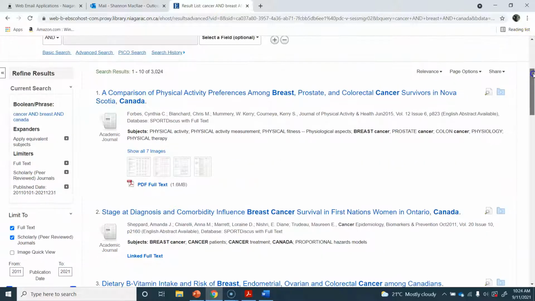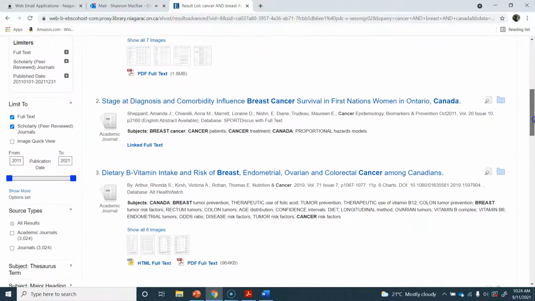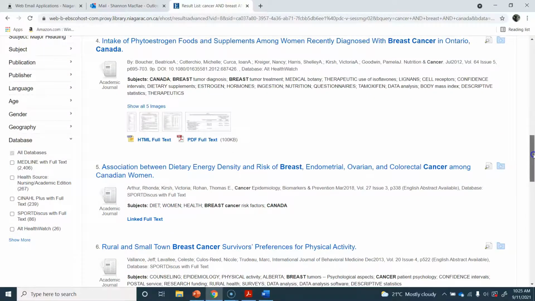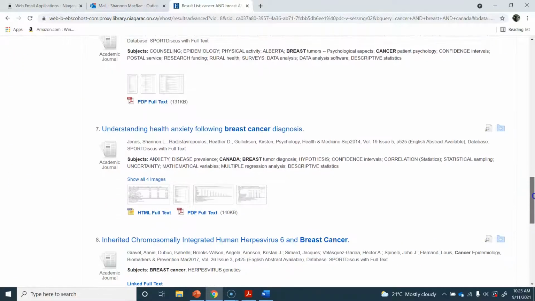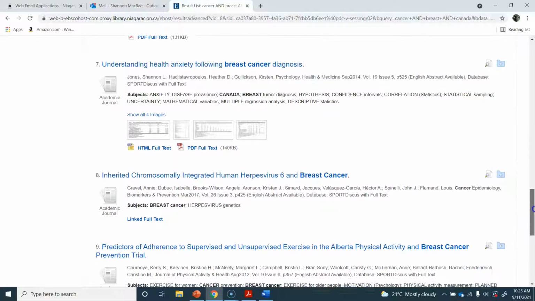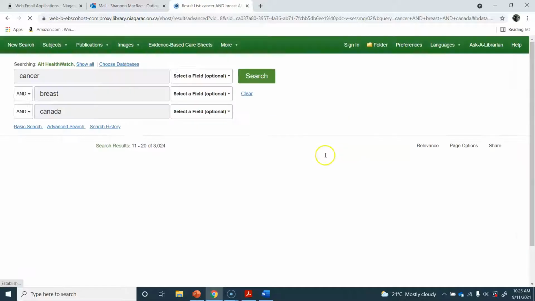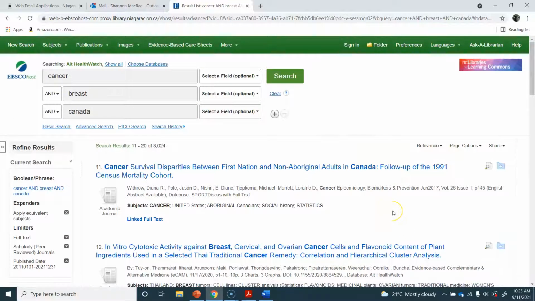So the first thing I want to do is take a look at the actual titles of the different articles that are coming up. And I want to do a couple things. I want to assess the title to see if it's going to give the kind of information that I'm looking for. And then I also want to take a look at the title to make sure that I can read and understand it. Okay. If I'm having difficulty even just with the title, I'm going to go to page 2. I want to see if we can find something